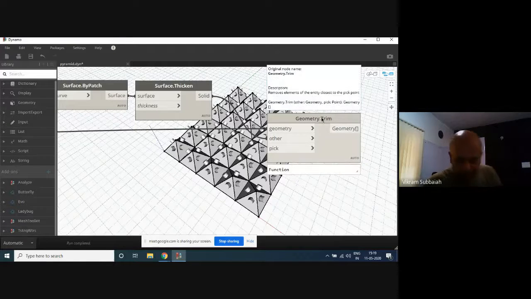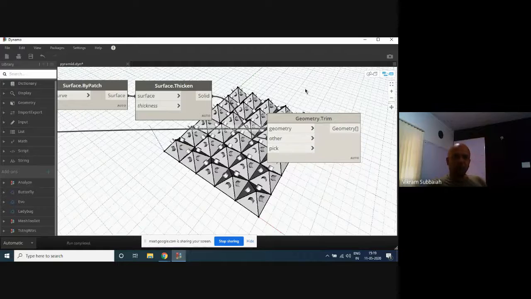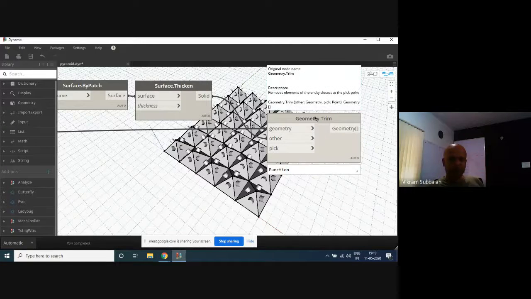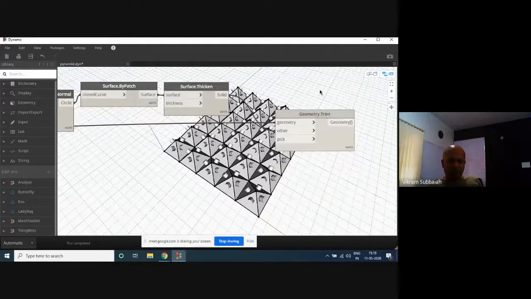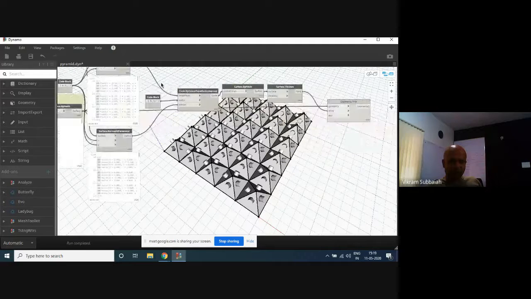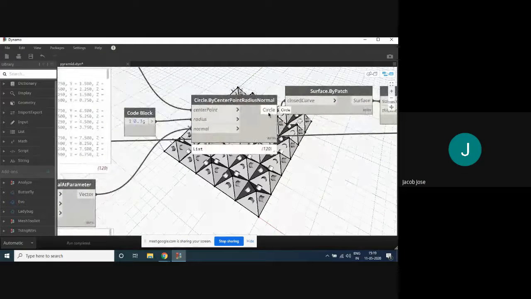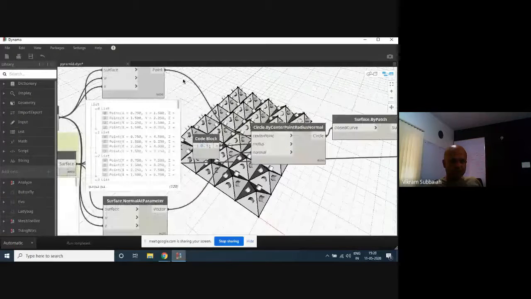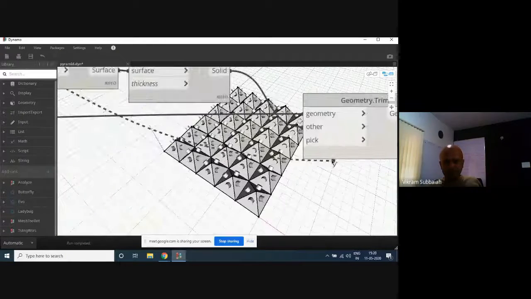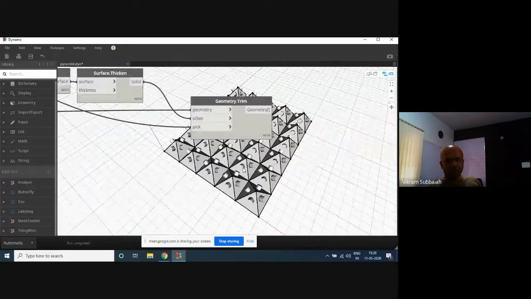Okay, so now if you want to think what to retain as the surface, which is the pick point, it's going to delete the portion of the surface that's closest to the point. So what is the point that's closest? The center only, that point that we had picked earlier. Yes. Okay, where's the center point now? This is that center point. Yeah. So we click on that.